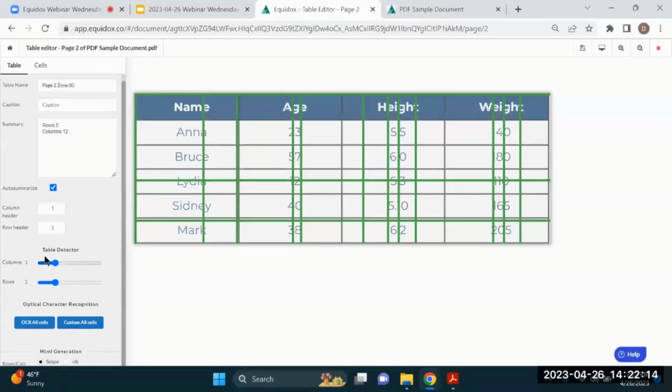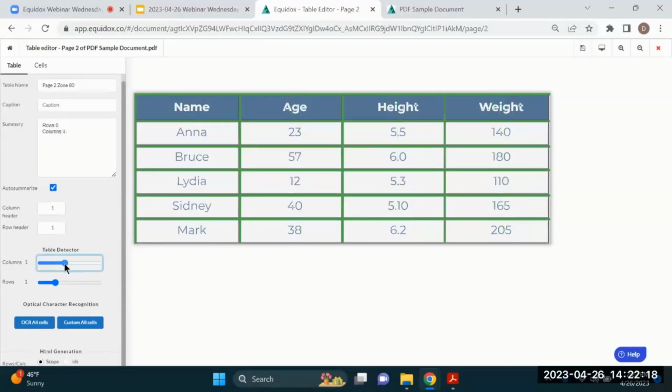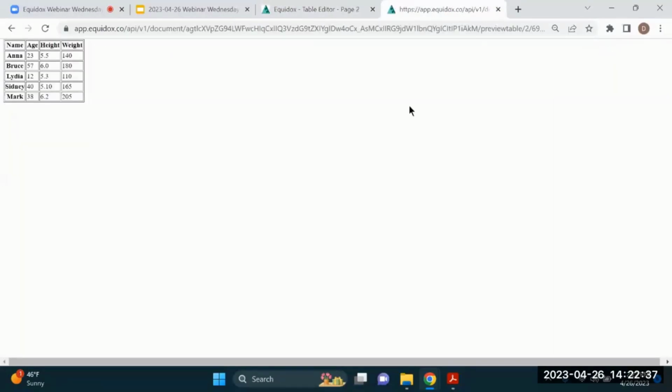But we have the table detection sliders. Similar to the list detector, these are using artificial intelligence, where if I just move these sliders around, I'm triggering the computer vision and machine learning to identify the structure of this table. Now you'll notice that those green grid lines perfectly align with the table, so all of these cells are identified. And if we just revisit the preview page,